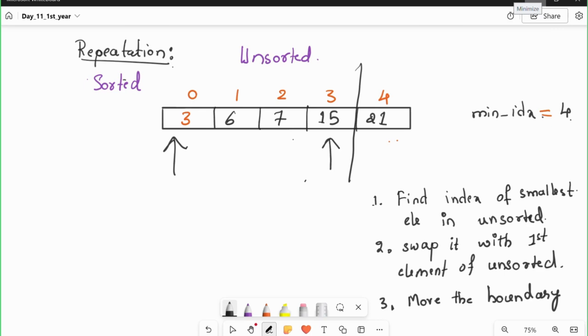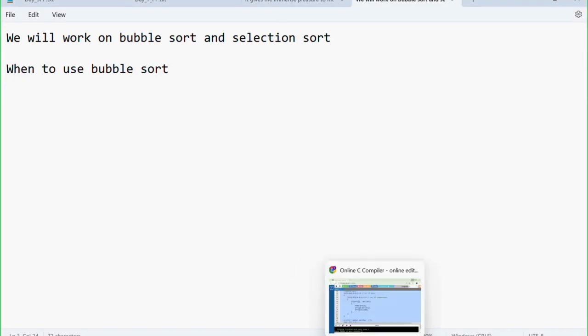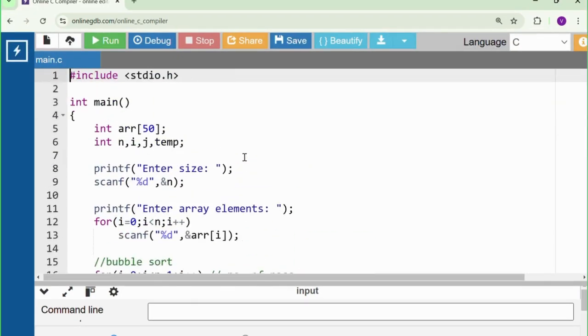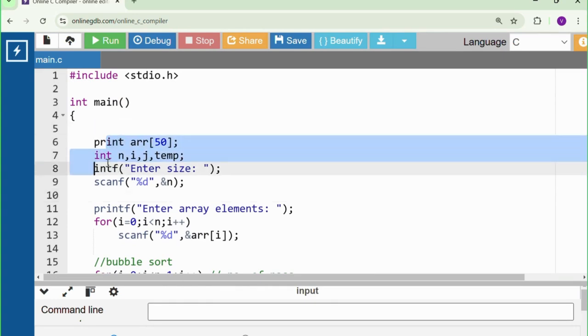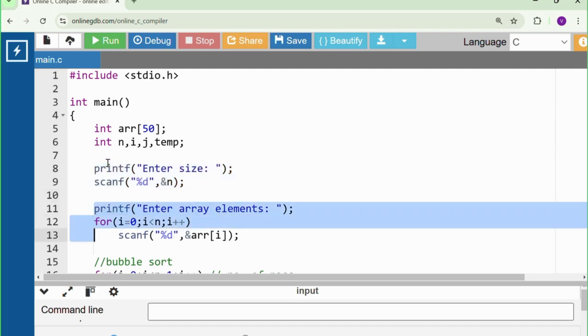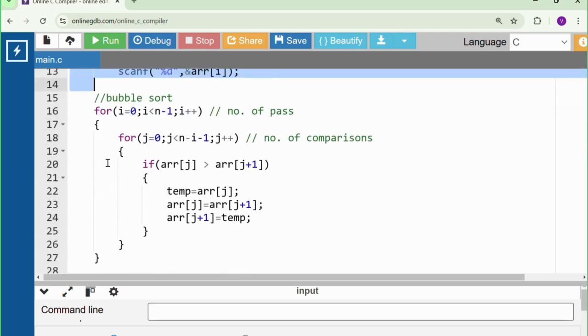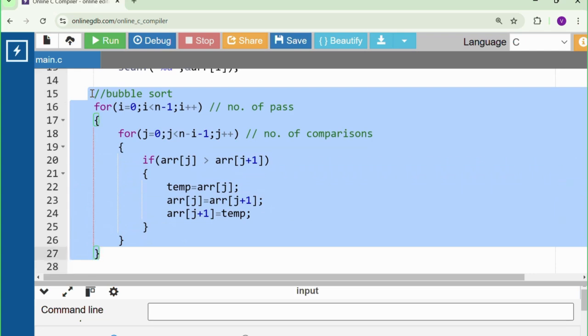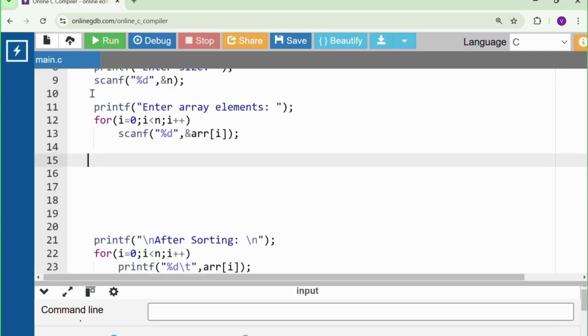Now, finding the smallest element in the array, we have discussed. Let's start writing the code for this. I already have written the declaration of arrays, reading the size of the array, and reading the array elements. Now, instead of bubble sort, what we have to write? Let's remove this bubble sort. Now we need to write